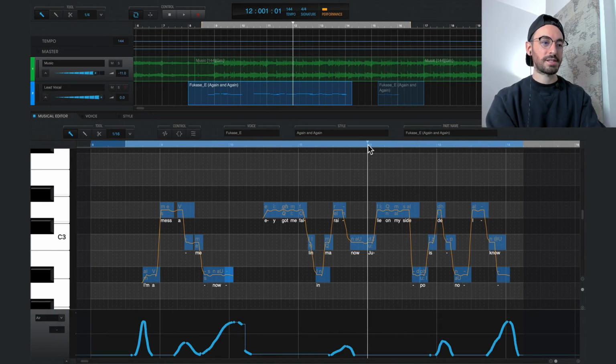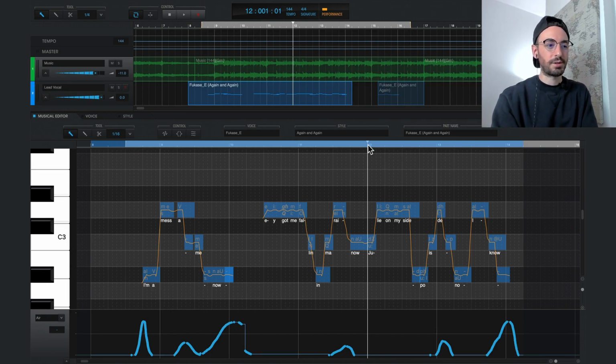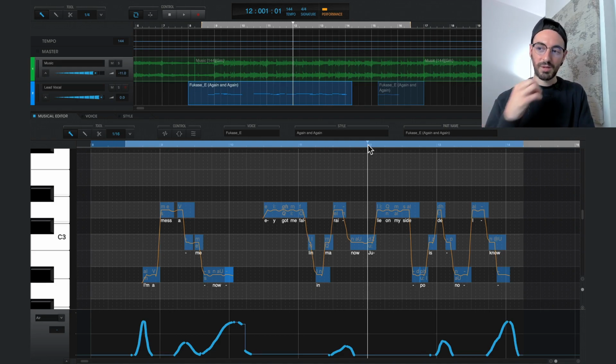And as far as tips go, here's a little tip. I'm not really throwing this in randomly whenever I want to just add breath to it. In this case, I'm focusing more on the vowel sounds. I'm, it's more of the ah sound at the beginning of the word. When they say now, I'm not really focusing so much on the end sounds, I'm focusing more on the ow sound, those rounder sounds. Really, any sound that you imagine somebody would have more breath on, you could add it more on those points.